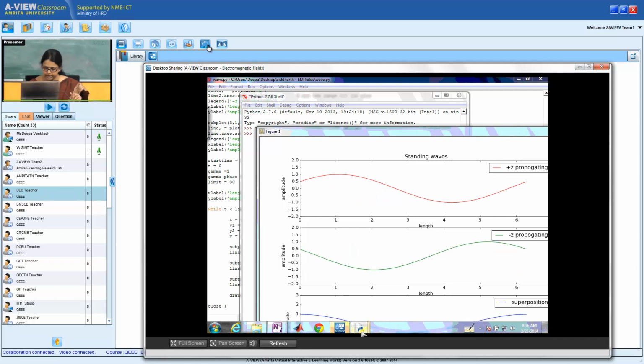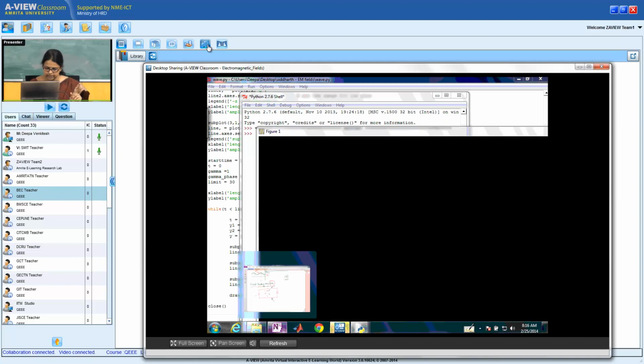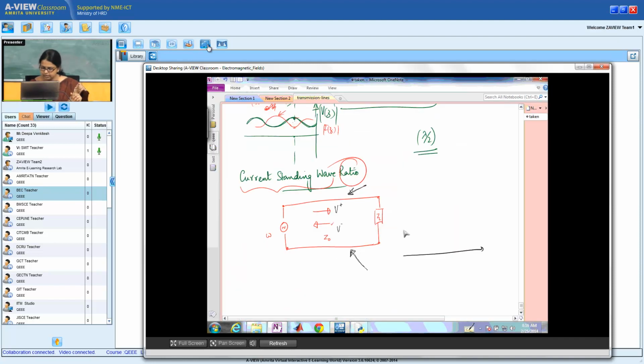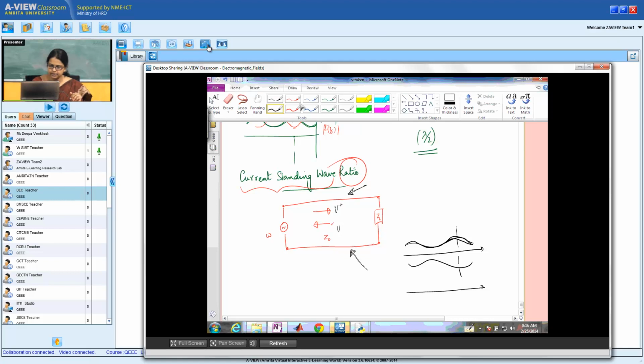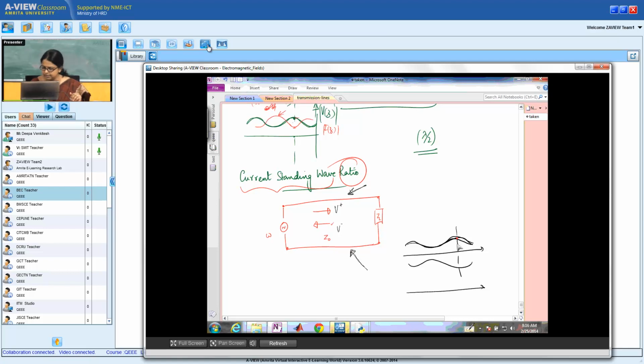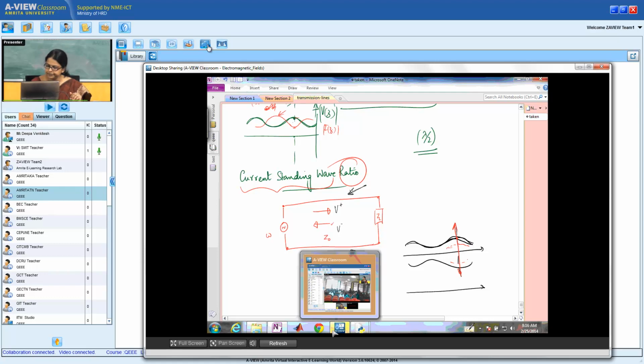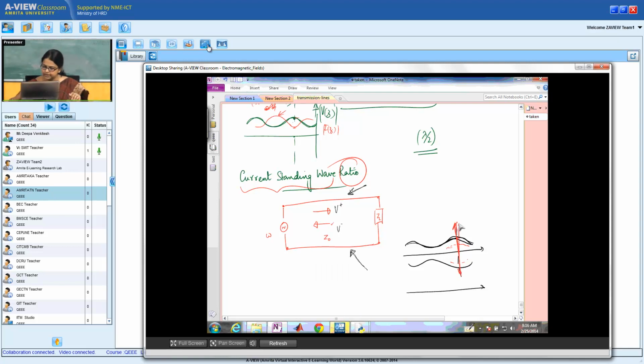If I can draw and show you, it would look like this. At one instant of time, the sum of the amplitudes would look like this, but as a function of time, if I draw it in another color, this amplitude would start to reduce. It may go to 0, but it's as if the waves are breathing in and out, while the position of maximum amplitude remains the same, and the position of minimum amplitude remains the same.